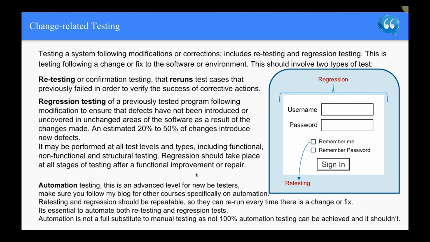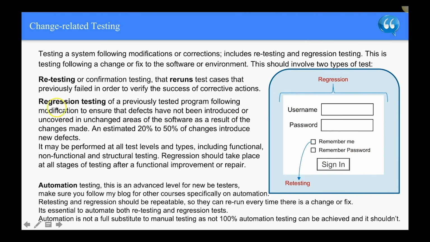So retesting is just a confirmation rerun of a fix that the developer has done. Within this example, let's say this remember me is broken, and you raise a bug, and the developer fixes it. Then the developer refers back to you as a tester, and the tester goes and retests and closes the bug. And after this is fixed and the developer releases all this feature here, everything, then you have to do